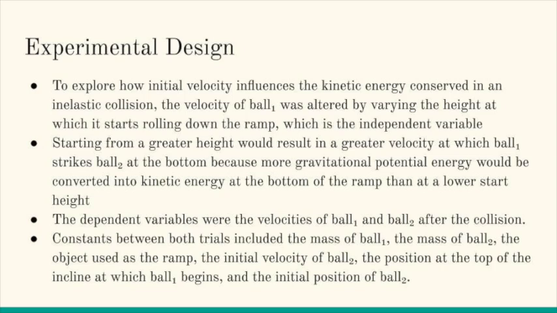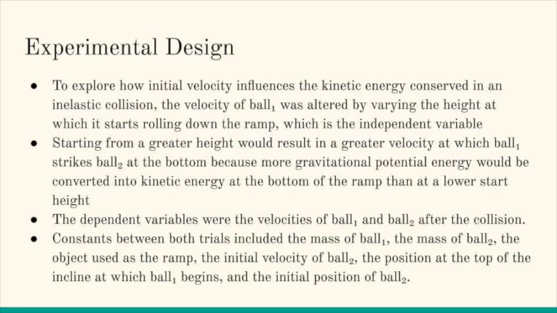The independent variable of this experiment was the initial velocity of ball 1 rolling down the ramp. In order to change this, we altered the height of the ramp. Beginning ball 1 at a greater height would result in a greater initial velocity as it collides with ball 2 on the ground. The dependent variables being measured were the velocities of ball 1 and ball 2 after the collision,